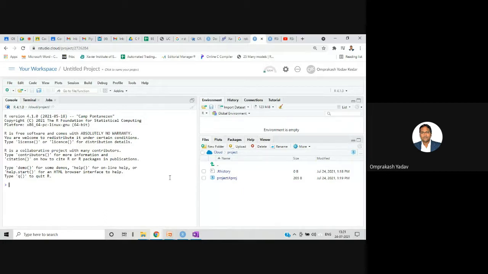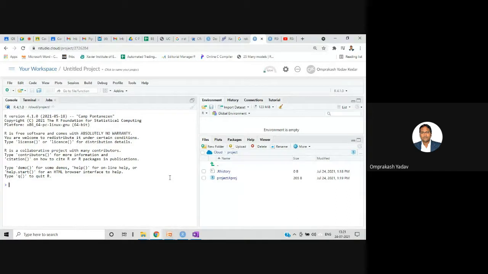R Studio Cloud has a limitation. It will allow you to create up to 15 projects, and after that it will not allow you and will ask you for a certain amount, so that's not free. Certain work hours are also not given free. For example, you cannot work more than 15-20 hours in one month, I think. So some limitation is there. That's the only issue. Otherwise you don't have any problem. You can create anytime. If you have multiple IDs also, you can log in with those IDs, right?